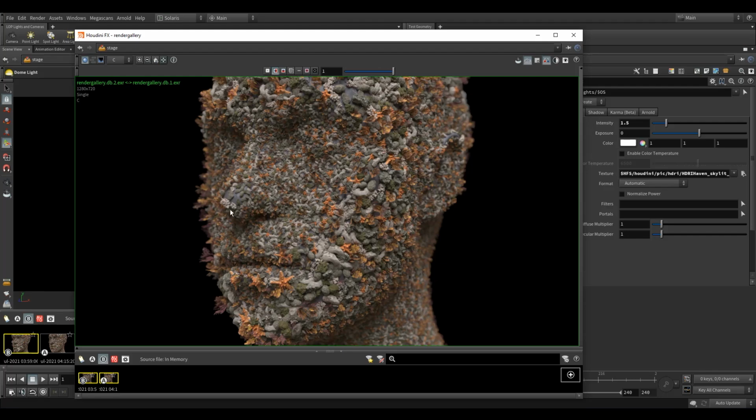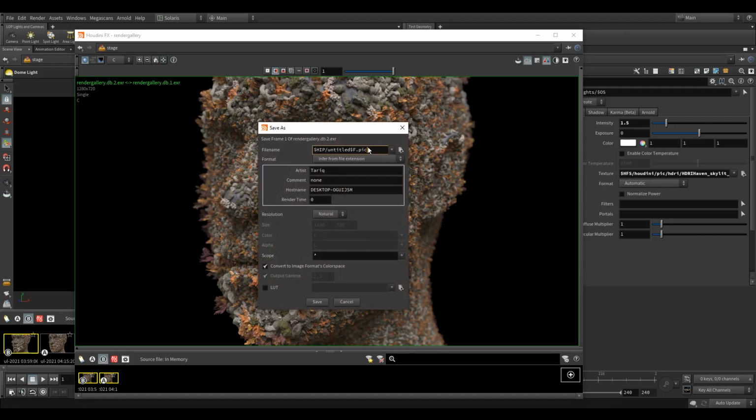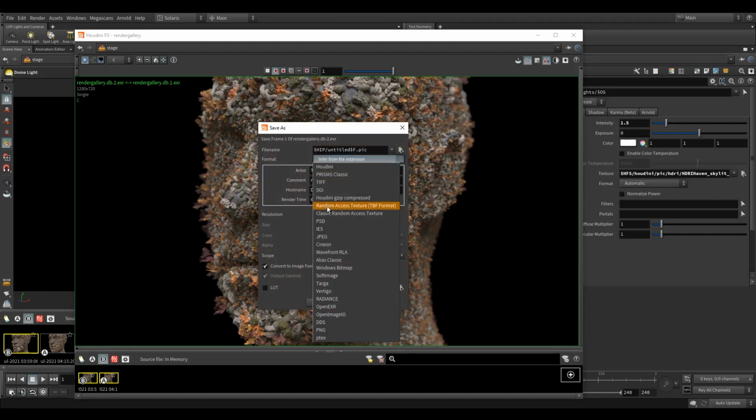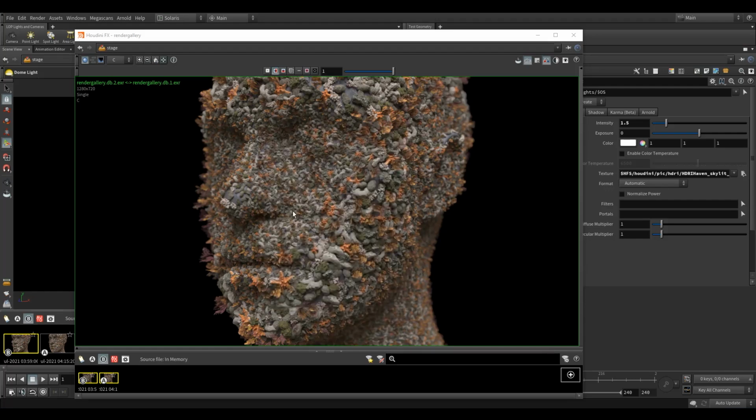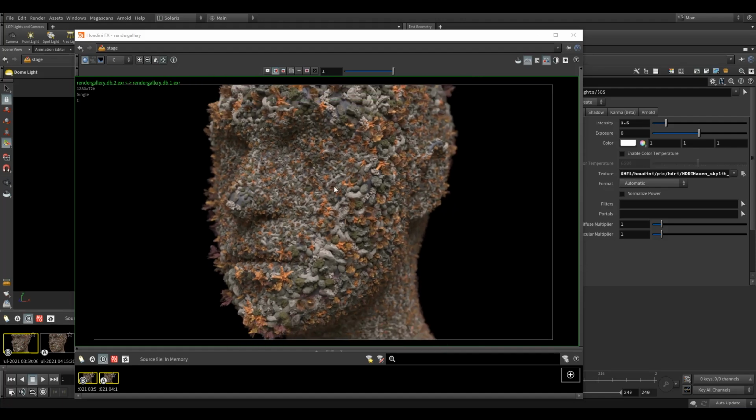So these are actually already saved into your HIP folder. If you go there, you'll find these saved in a gallery folder. You can also just save them there. So, save it as a JPEG or a TIFF or a PNG, and do play around with it, experiment, try different geometry, something other than a head. Maybe try and put it on animation. That would be cool as well. So yeah,